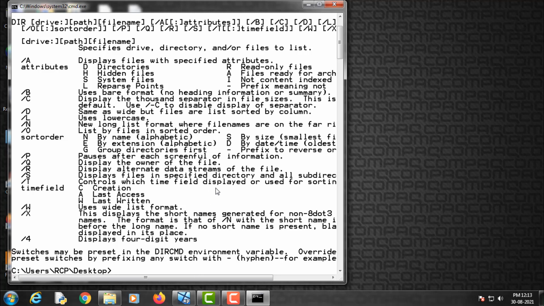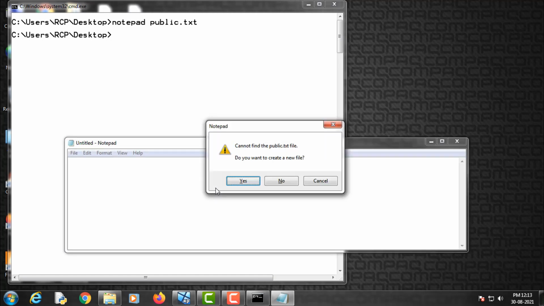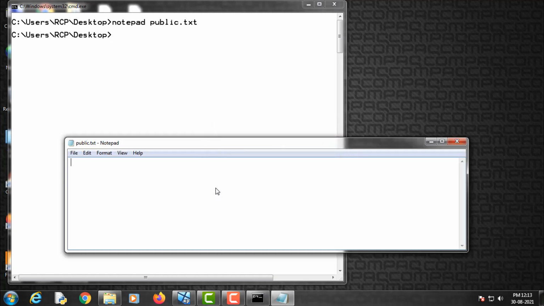So let's first create a file here in notepad, public.txt, enter, yes, and write some data here that this is the public information. Let's copy and paste it 5 times.